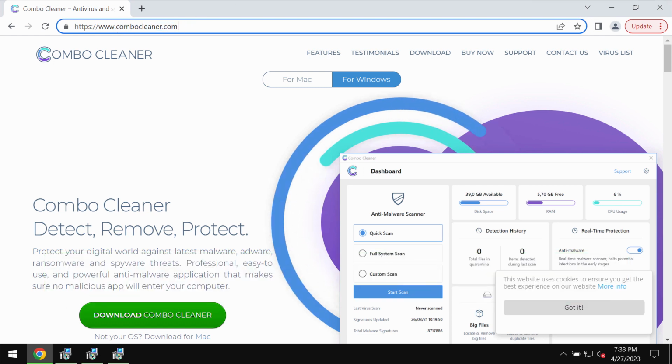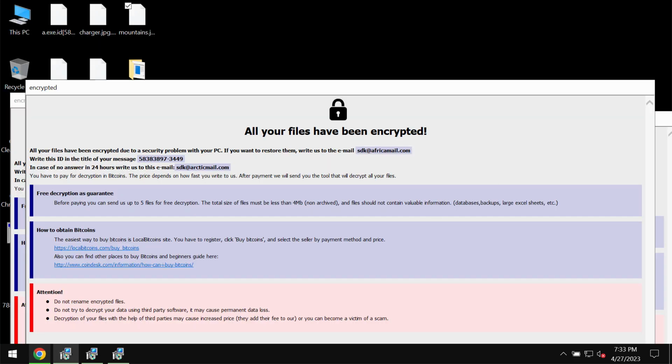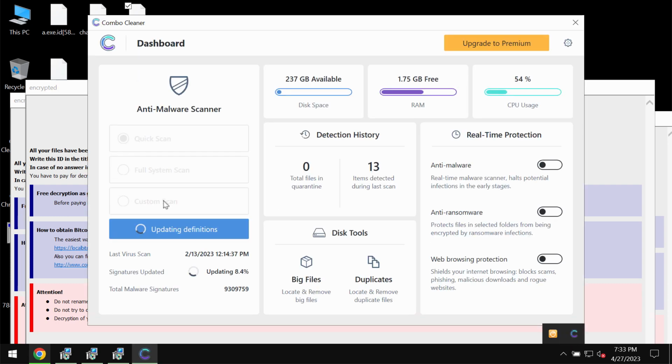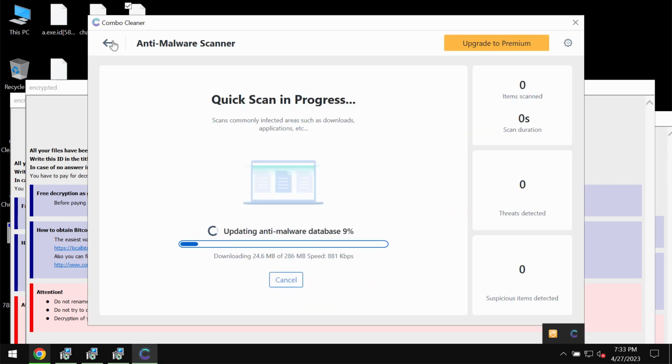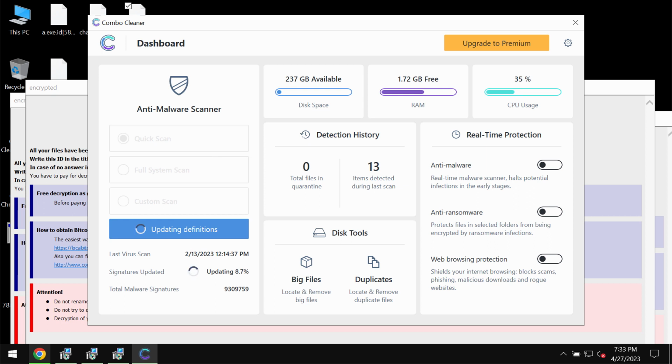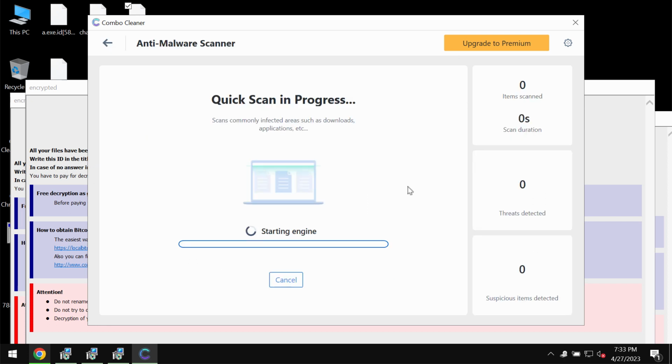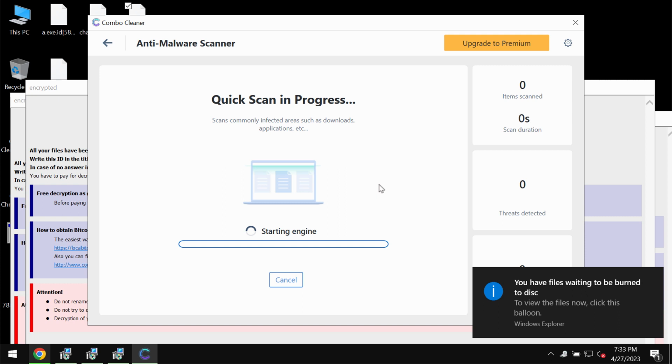Get it on the page combocleaner.com. Download the software, install it, and then click on Start Scan button. The program will first of all update its anti-malware database, and this is surely essential for proper detection and removal of any malware. So then, after the anti-malware database has been successfully updated, Combo Cleaner begins scanning, researching, and investigating